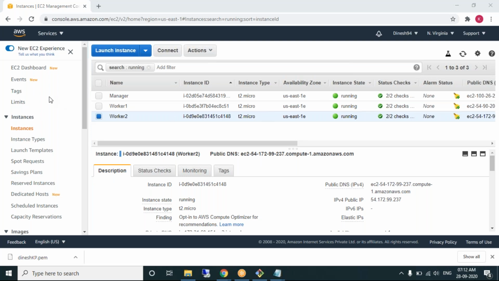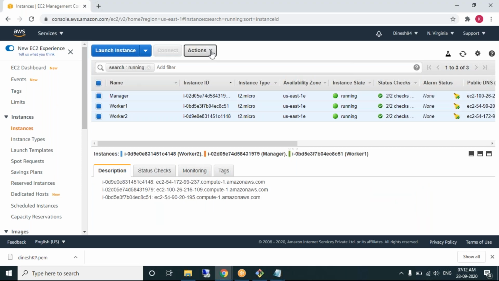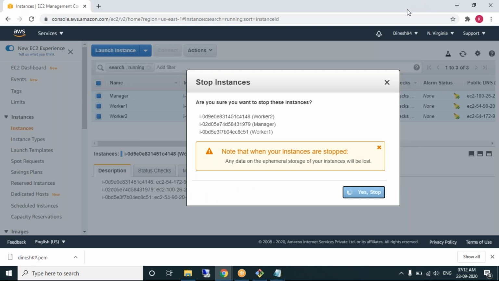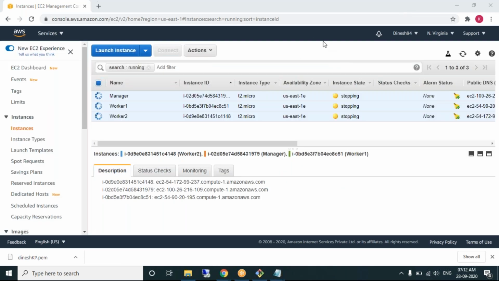I'm not terminating these machines. Okay, I'm stopping this. If my account is active tomorrow, I'll use my account. Otherwise, I'll continue with your account. Okay, Sunil, no problem. Thank you all. I'll email you these notes. Please complete this setup so that tomorrow we'll start the practicals of Docker Swarm.